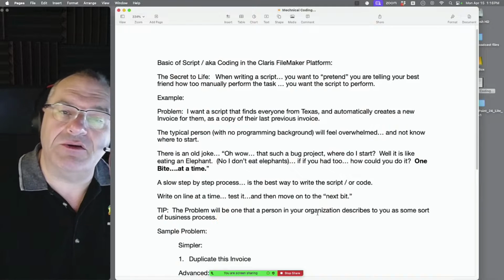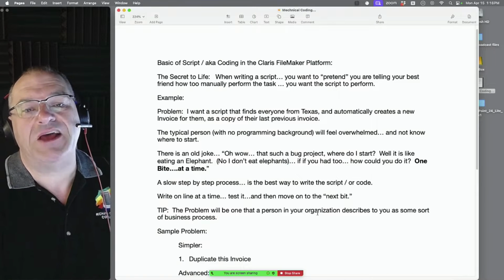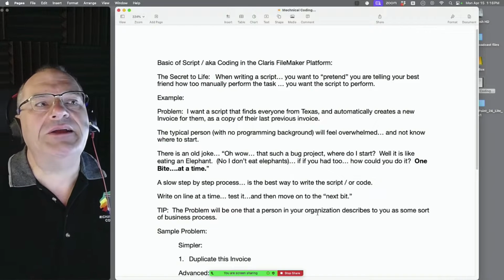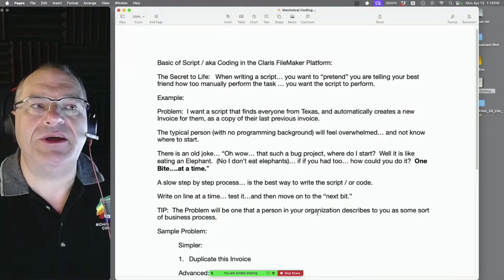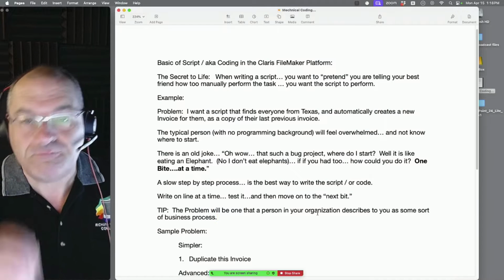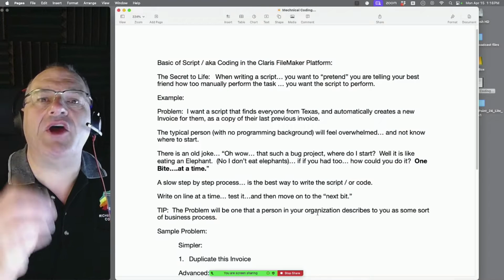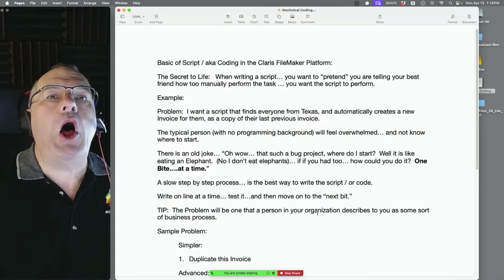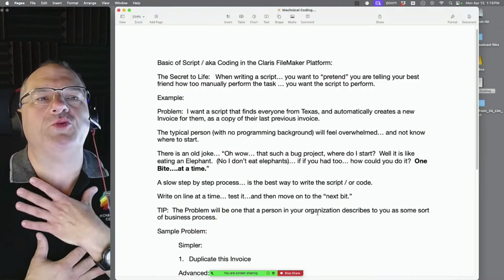Well, a lot of us here in the world of FileMaker are brand new, and so that's what I try to do, is give you step 1, step 2, step 3. It doesn't mean that that's the only way to do it. It just means that's a logical, thoughtful way to follow the process, right? And to try to keep you out of trouble. Then when you get more advanced, you'll know which rules you can break.